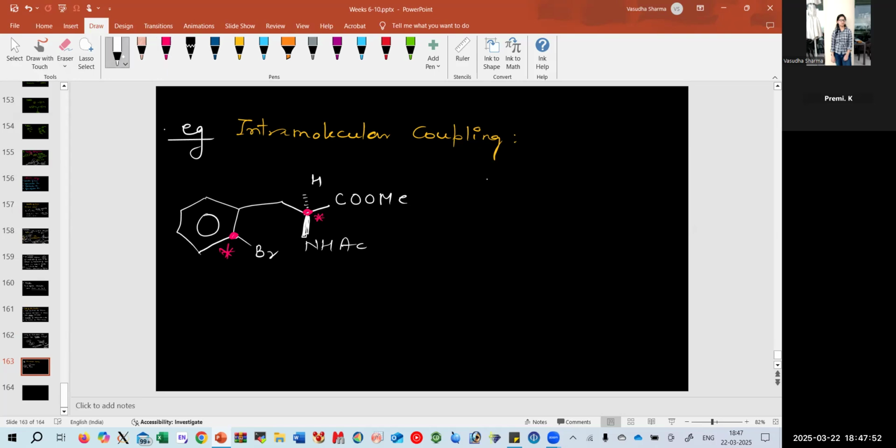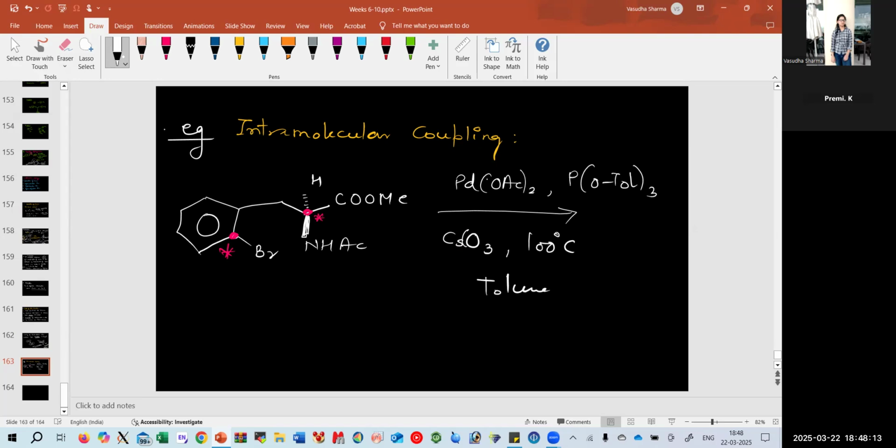That can happen in the presence of palladium acetate, and this is organometallic. I was mentioning cesium carbonate, in the presence of toluene. So ortho-toluene, if you are having binding with this side,